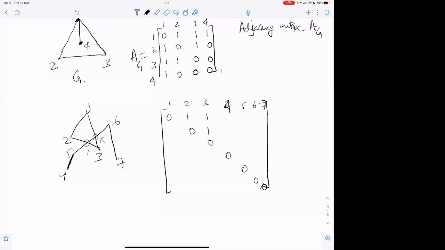So 1, 2, 3, 4, 5, 6, 7. Yeah. So 4 to 5 is an edge. 5 to 6 is an edge. And 6 to 7 is an edge. And the rest is all zeros. Correct? And you can fill in the transpose of it below. Correct? So given such a matrix,